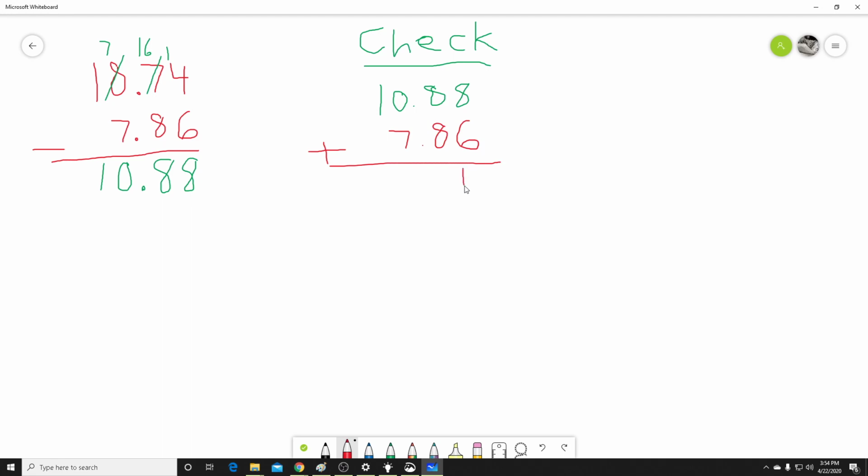8 plus 6 is 14. Carry over the 1. 8 plus 8 is 16. Plus 1, 17. Put a 7 here. Carry over the 1. 1 plus 0 is 1. Plus 7, 8. Bring down the 1. What do you know? We did it right. So you put a check mark right there. So our final answer then was this 10.88